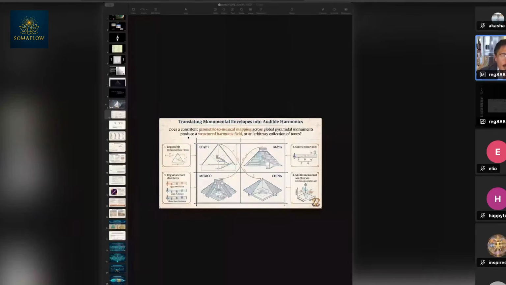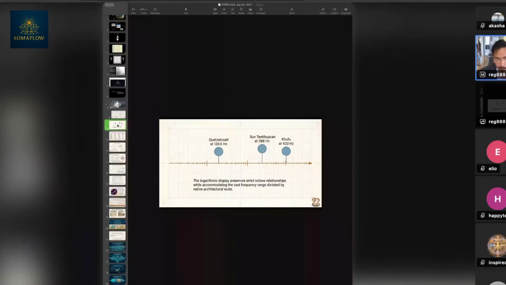But anyway, the whole idea here was to look at all of the notes of each one of the pyramids around the world. So again, we had 33 pyramids in the cohort, and they have some very interesting characteristics. And you'll notice that they don't overlap within the same octave so much at all. You see here, the Temple of Quetzalcoatl is 120.6, and all of these numbers also